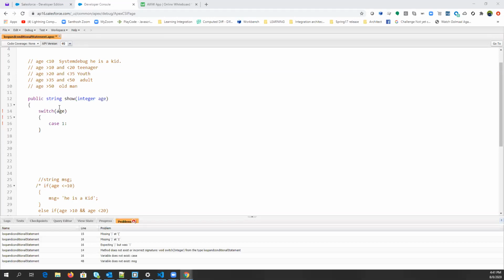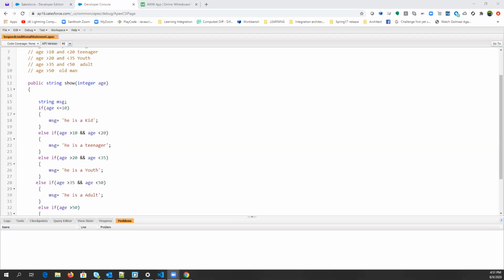Can't we write case 1 to 20? Yeah, it will. There is one more condition, we can use when in switch case. I'm just thinking, like we will use when in switch case, right? So we can simply write it like this. I'm just checking if we can use when here or not. In JavaScript we can do that. We can use when, I think. Let me just check. In this, between switch and age, a syntax keyword like on will also come. Yeah, switch on. Just give me a minute, guys.